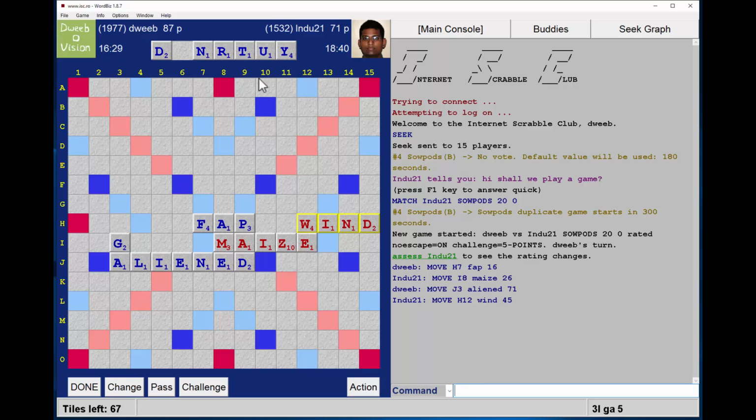So what about Gaudy? That achieves most of what I was looking to achieve. Or all of it, actually. It gets rid of GUY plus one more. 24 points. Fantastic. I draw a blank and I have got a bingo-y